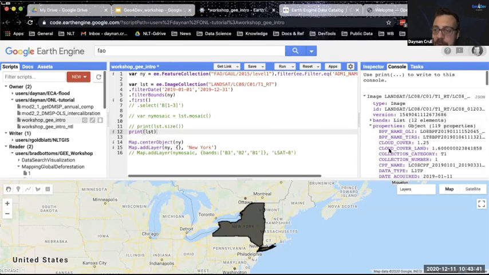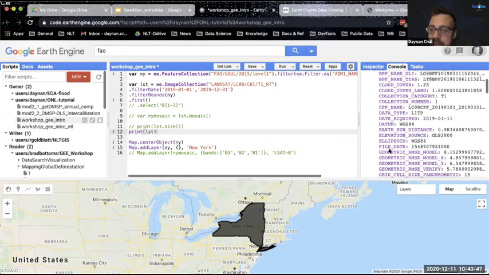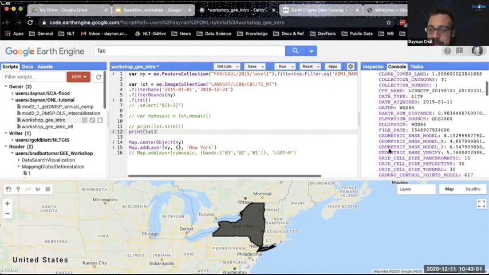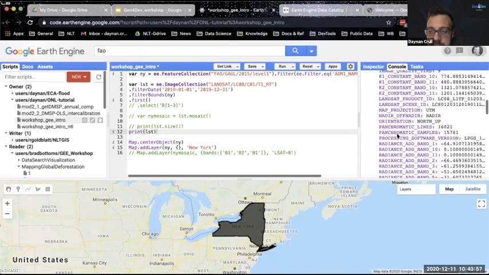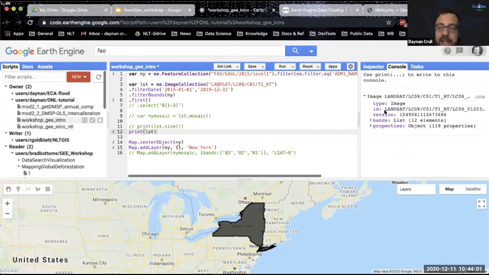If you go to properties, you can see metadata associated with this, including the cloud coverage for that band in that particular time period, the Earth-Sun distance, the ellipsoid that we're using, which is WGS84, and so on and so forth. So there's a massive amount of data available here in the file itself, okay? So that's helpful to know that this file itself has all this metadata in it.